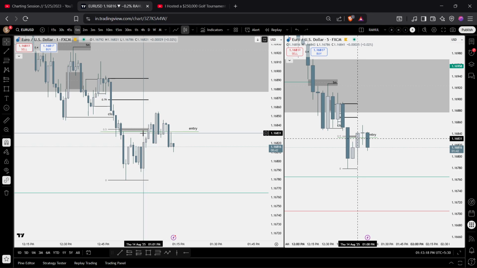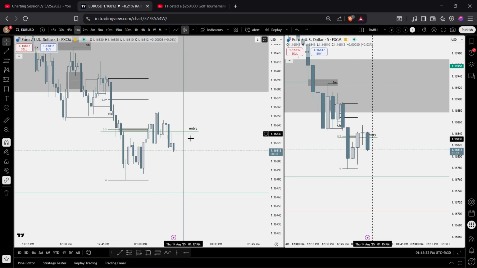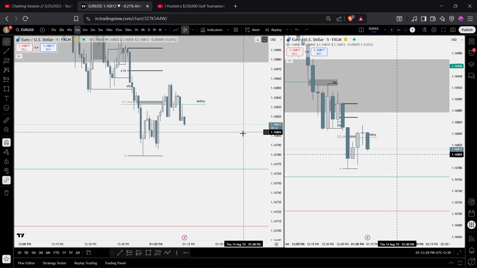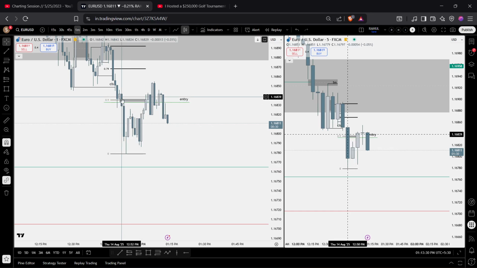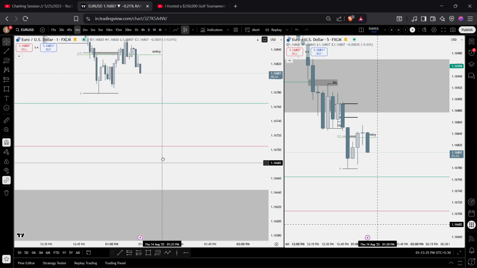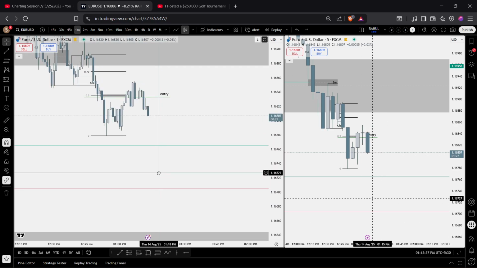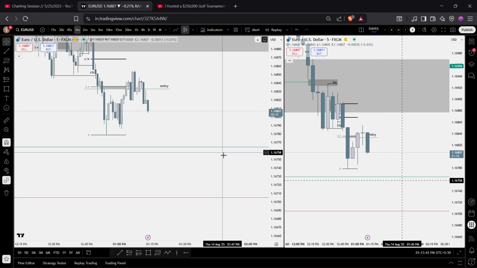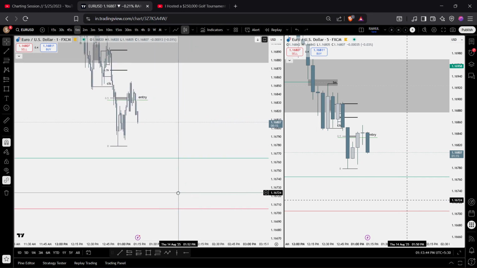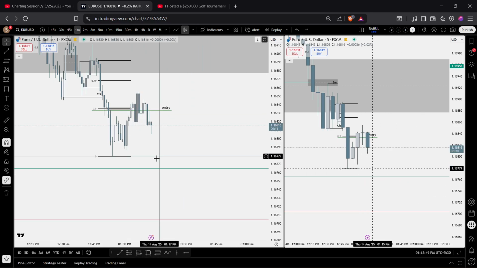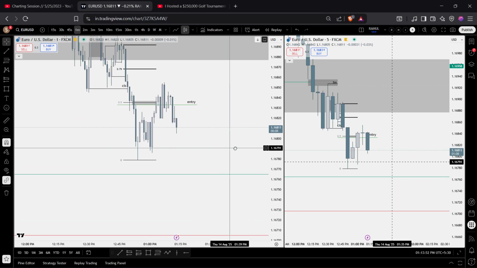So I have entered here. As you can see, this was my entry, 16833. Stop loss is just above this high. Now we are starting to see some momentum to the downside. After this gets closed, I will put my stop loss to break even. Initially, this is my overall take profit, but I will leave it running. I've entered a very minimal position, so I cannot just leave runners, because this is the most minimal lot size. So yes, let's see. It is looking good as of now.